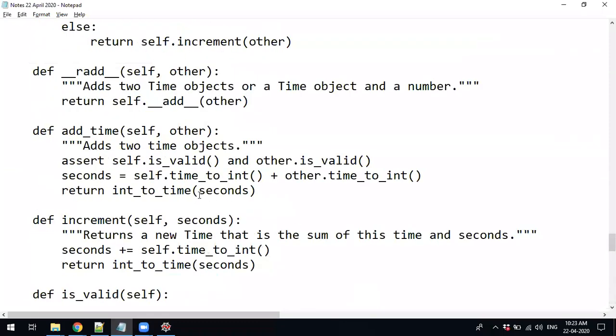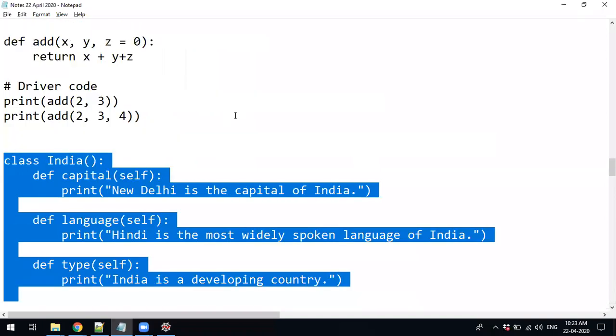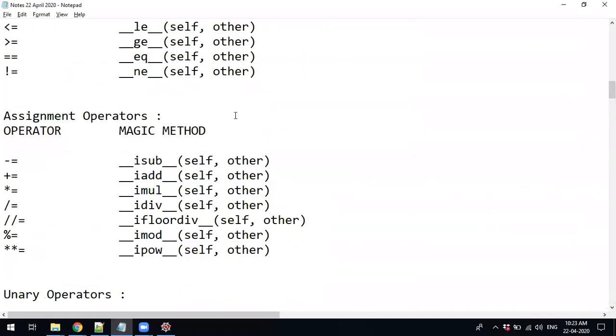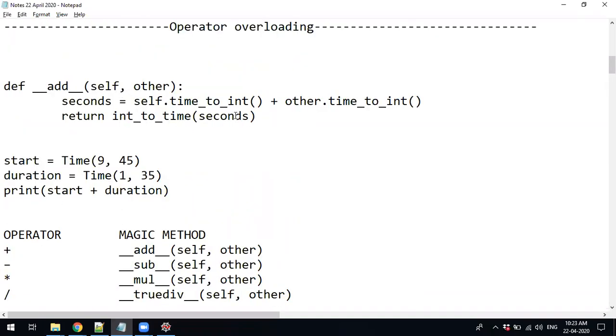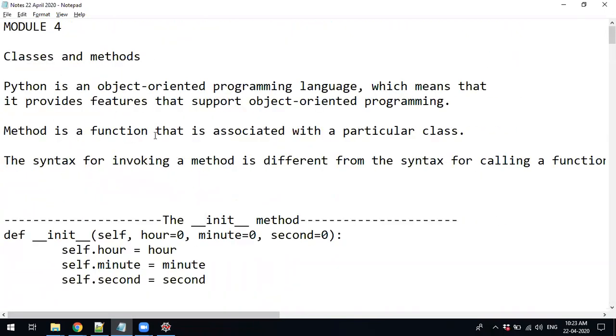And if you have any doubts in this, you can ask now. From next class, I will start module 5. Assignment 2 will be that you are going to write the programs of module 4 and module 5. If you have any questions, you can raise your hand on this particular topic.